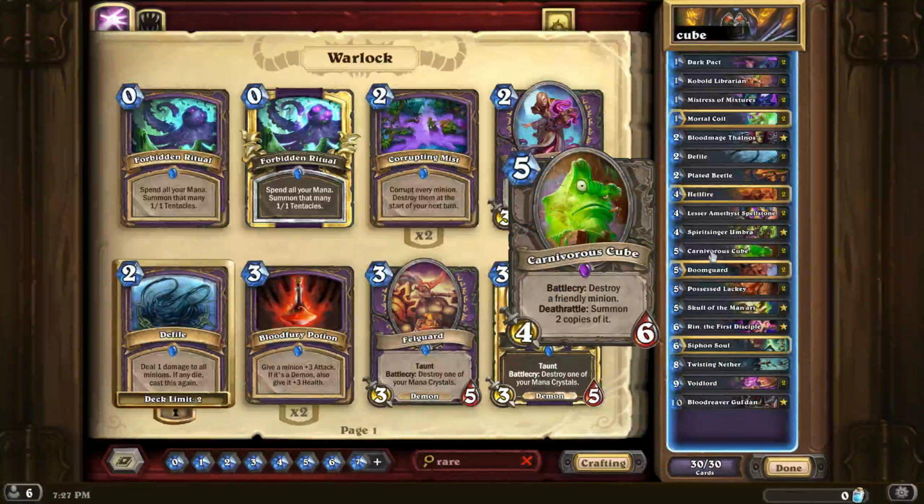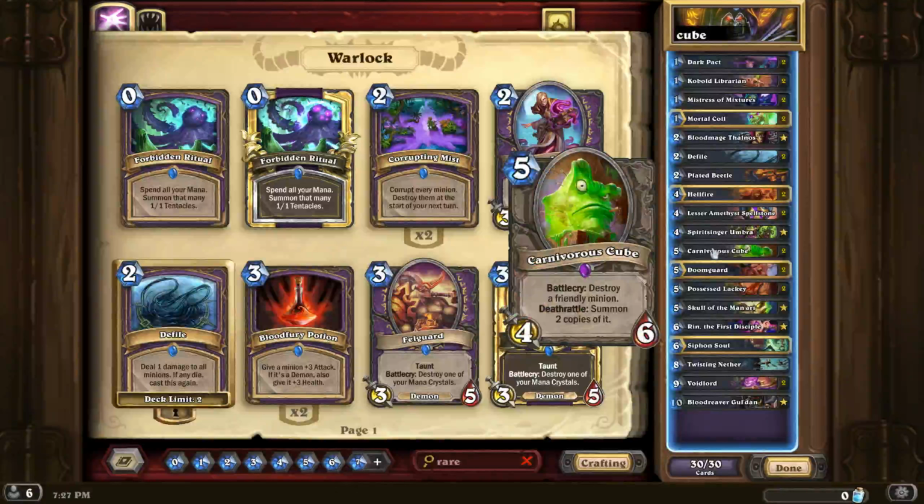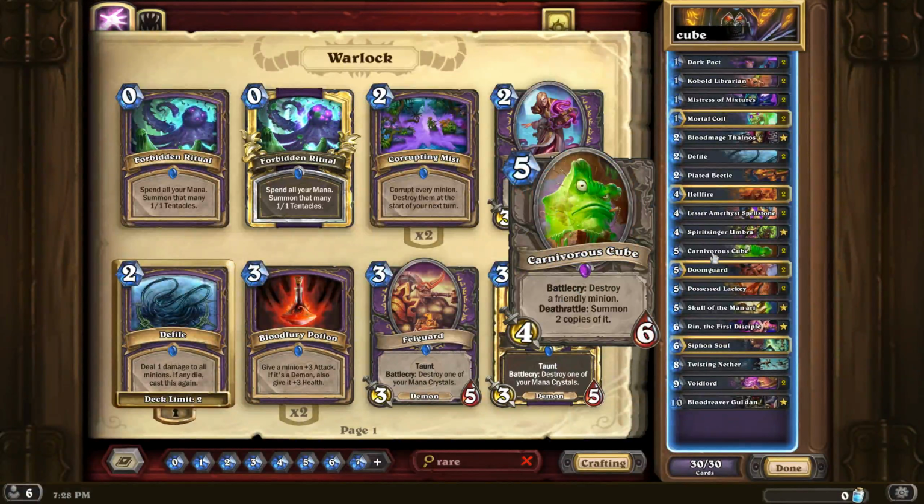It plays well with this next card, which is a charge minion that does 5 damage. So these two work really well. I'm gonna try and get a meme play where I get Carnivorous Cube. Well, there's more to it. So Carnivorous Cube. Just remember this. I tell you what, this guy, and